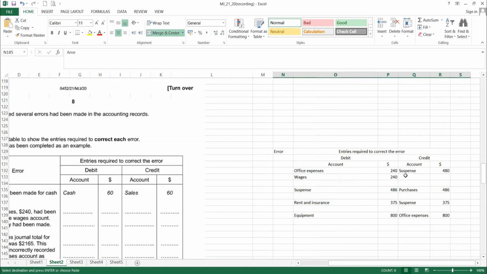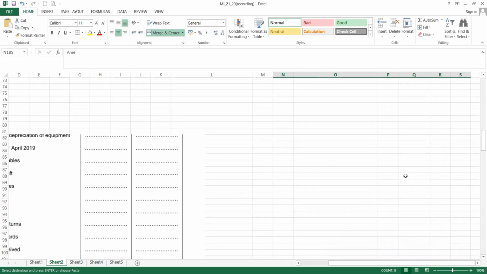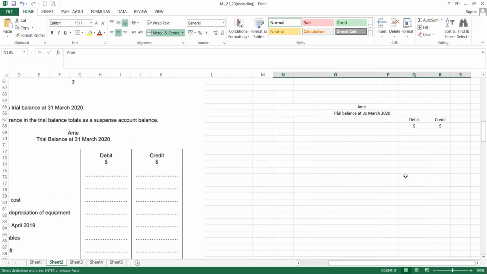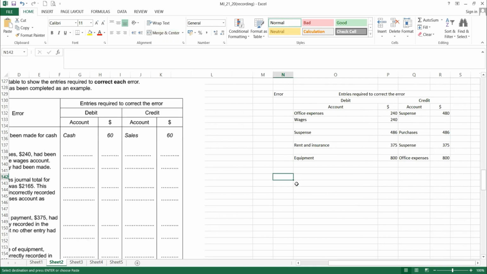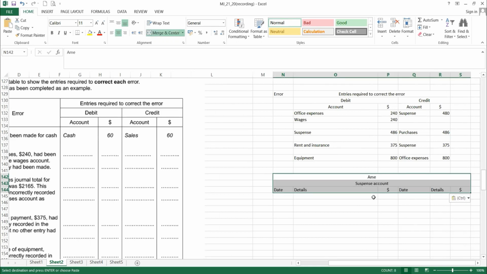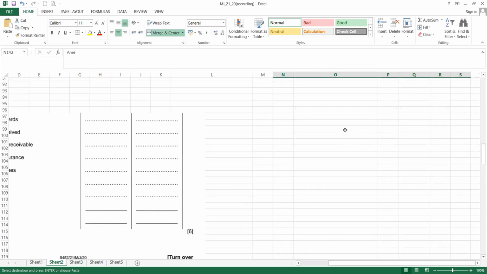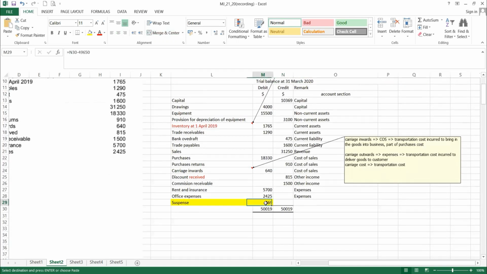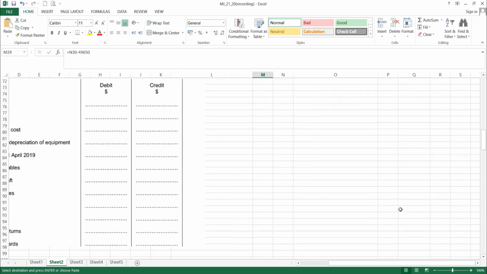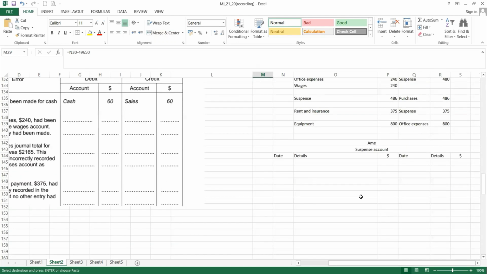Go up to the question, see what is the trial balance. Let's see the trial balance, how much the differences. Okay, suspense is 369 in the debit side. So we put into the debit side